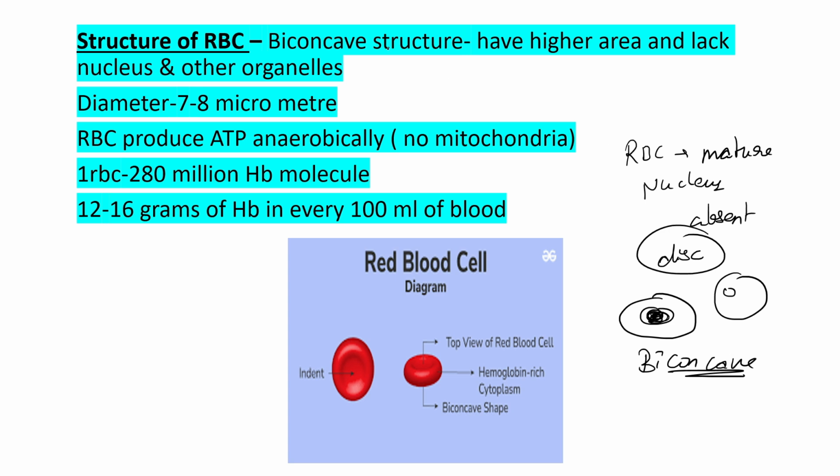So the RBC structure is a biconcave structure, has a higher surface area and lacks a nucleus and other organelles. When RBCs mature, they lack other organelles as well as the nucleus. Diameter should be 7 to 8 micrometer. RBCs produce ATP anaerobically, no mitochondria, because of the absence of mitochondria. As we know, mitochondria is the powerhouse,